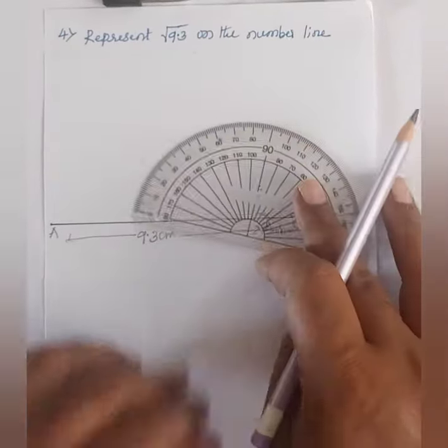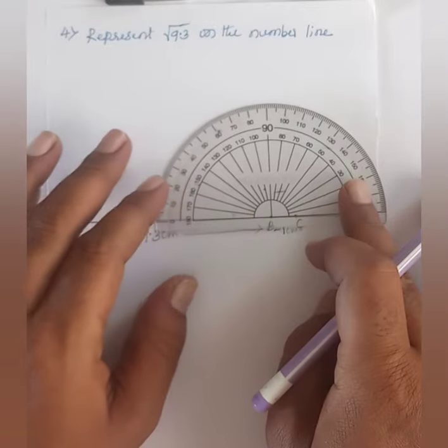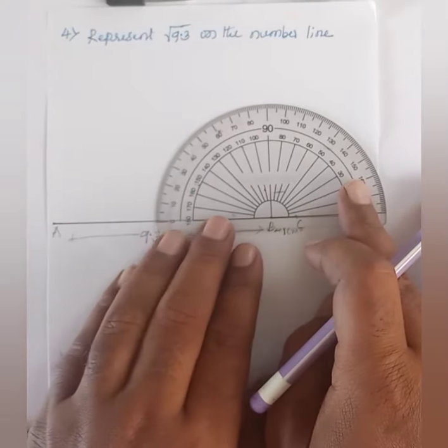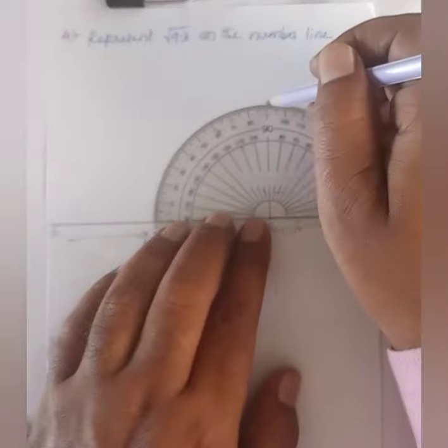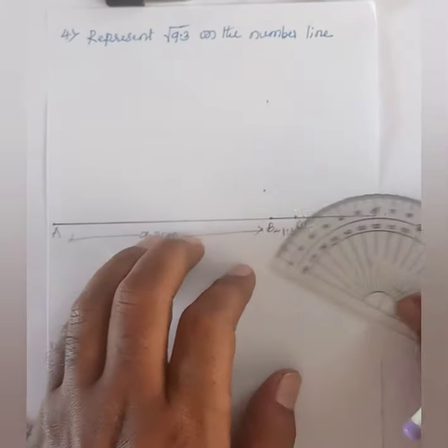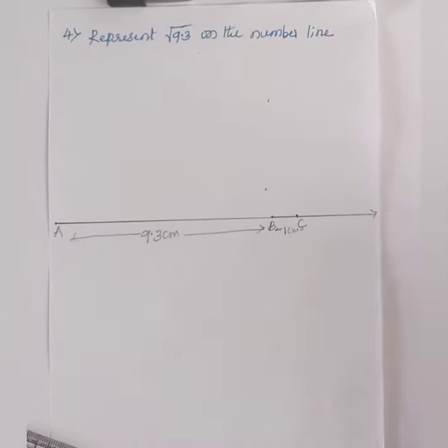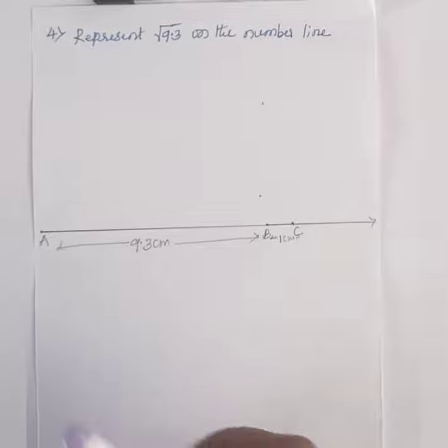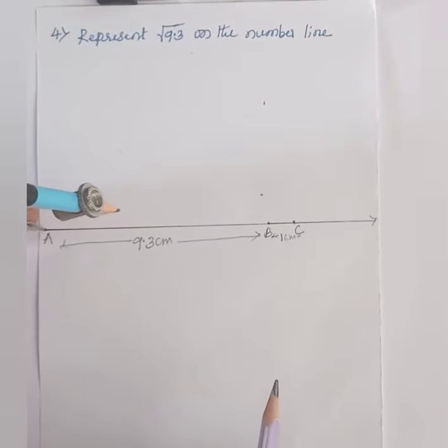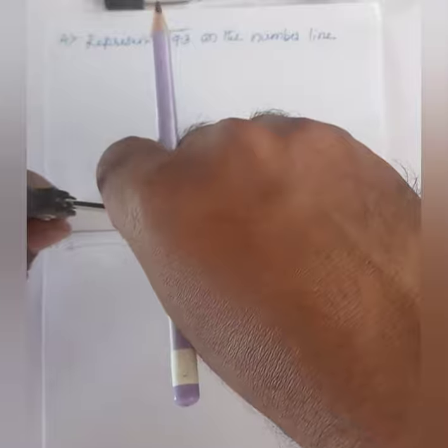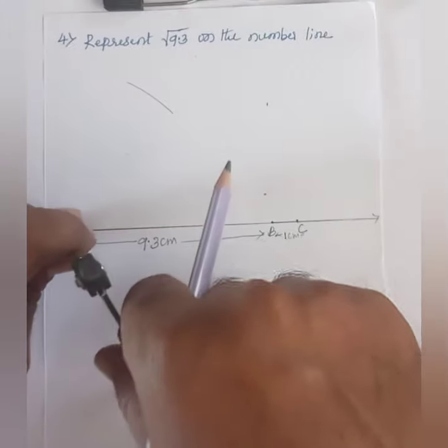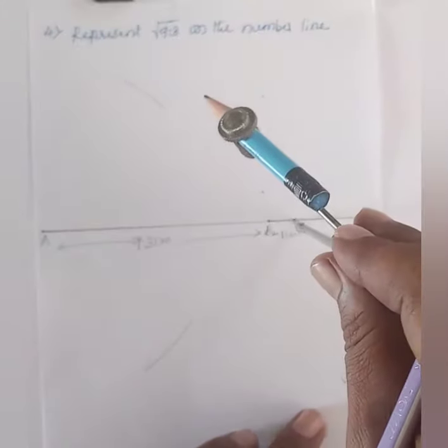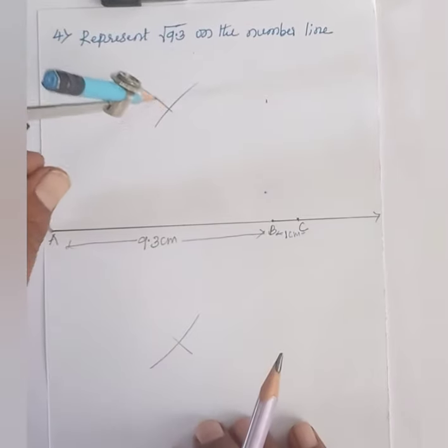Next take your protractor. Make AB as a length. Through B measure 90 degree. Otherwise, first you have to bisect this AC. Already you know how to bisect. By taking more than half length of AC, you have to draw arc upside and downside. Next using C as a center, you have to take again arc here and here. If they do not intersect, you have to extend.